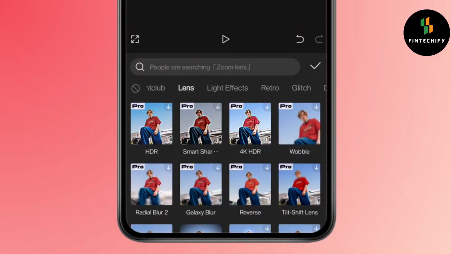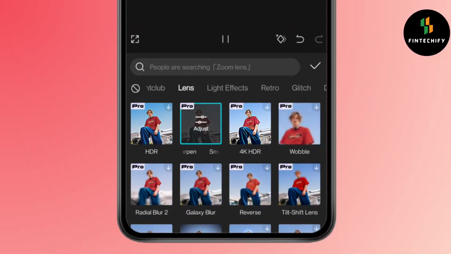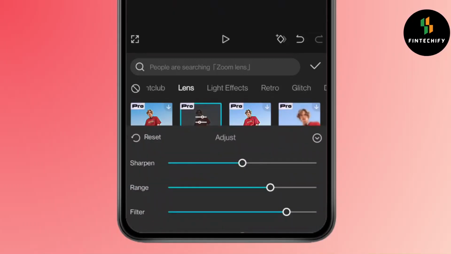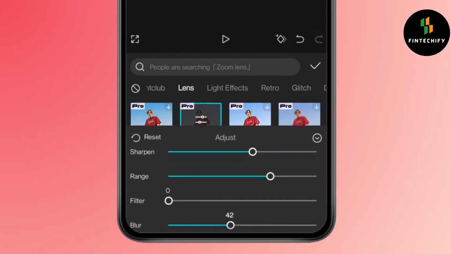Select smart sharpen, which is the second option. If you don't find it here, simply search at the top. Click on adjust and adjust filter and blur to 0. After that, add range to 50